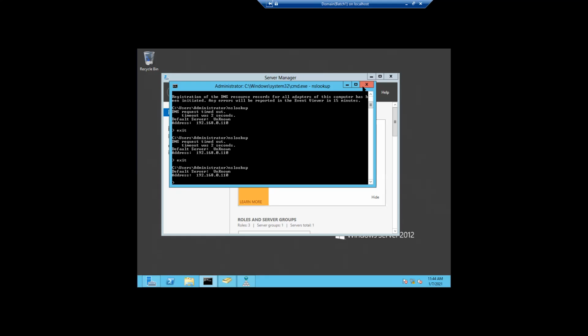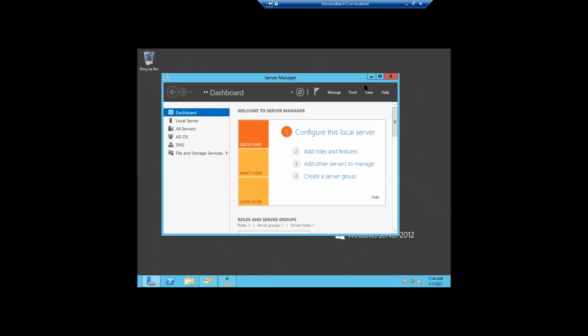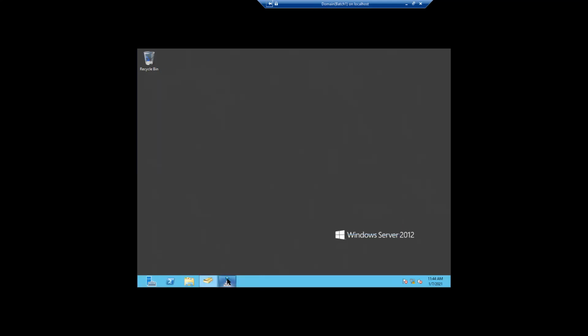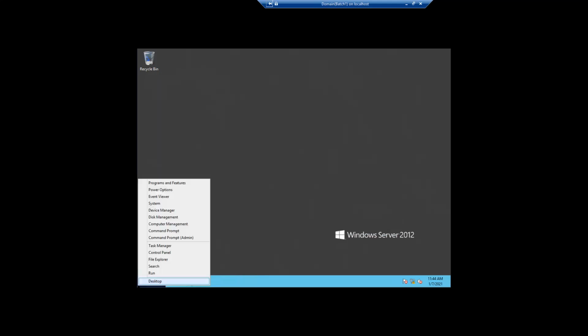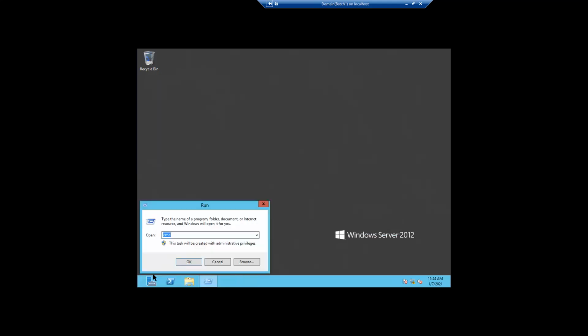So I will reboot this domain controller so all services are restarted. It is better to do this one step; all things are okay, and there is no need for more troubleshooting. Once we reboot, services like DNS will be restarted again, and that might resolve the issue.